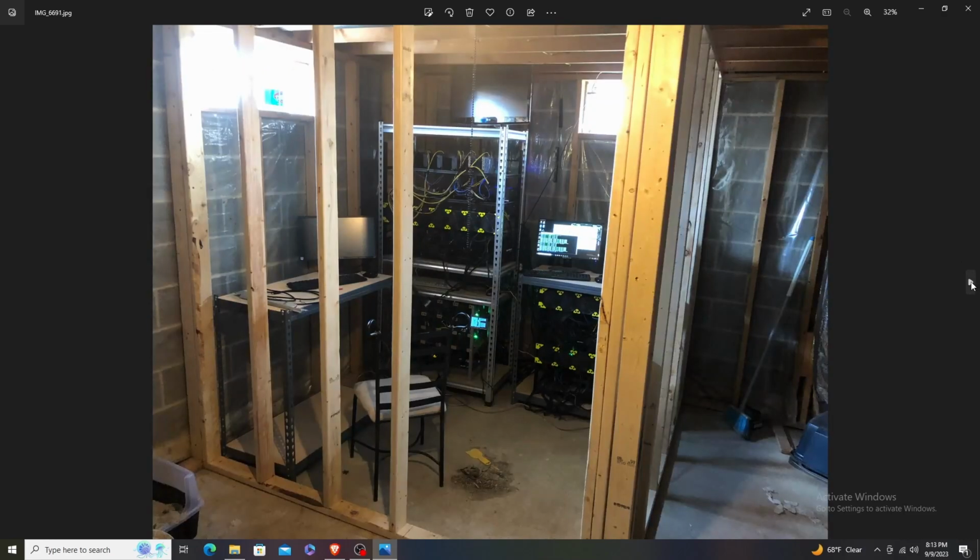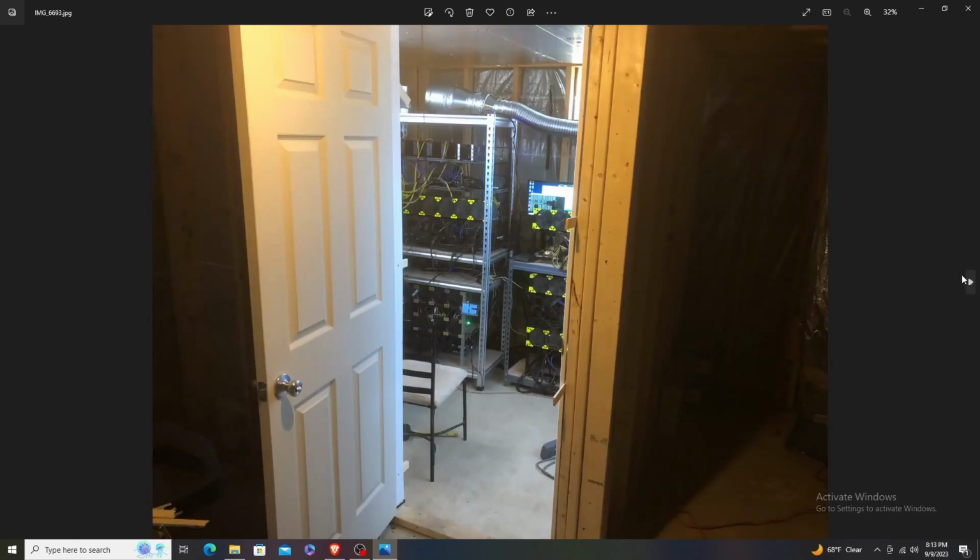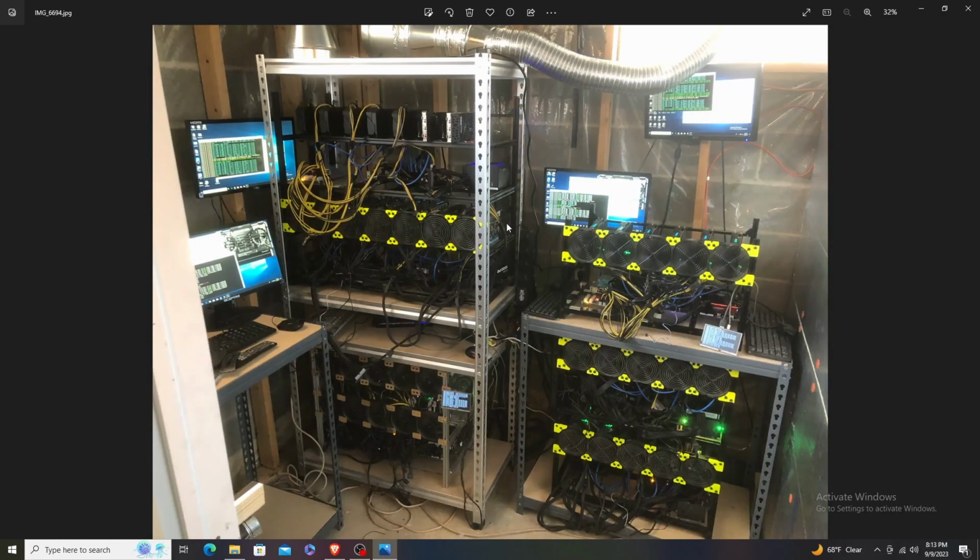And then next slide, pretty much the same. And here's a screenshot from mining Kryptonite R when you could still GPU mine Monero. This is when I have it not completely closed off, because it looks like there's still no plywood on the outside there. And I did originally put a regular pre-hung door in for the entry and exit of the room. I did end up switching that out, but here is